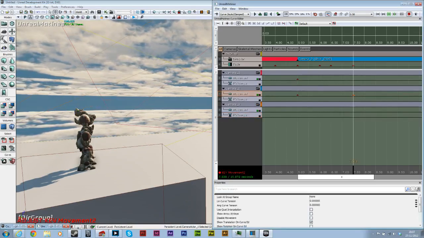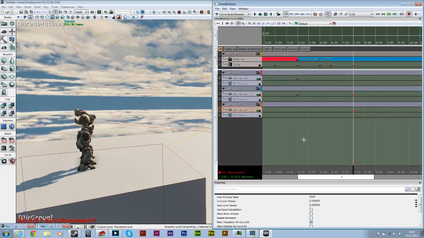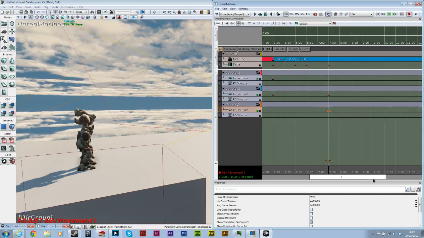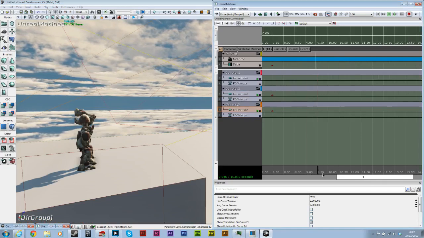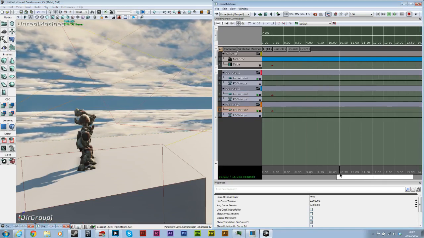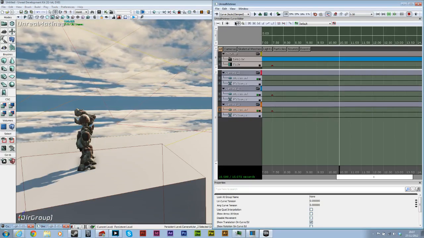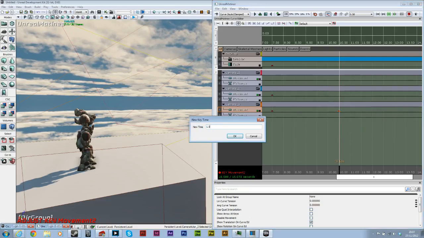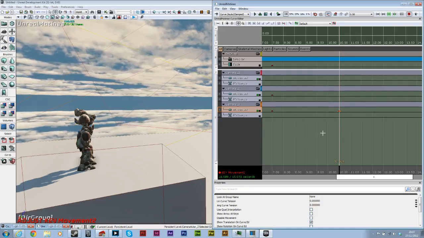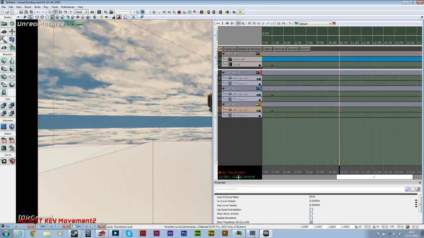Going to go to you. Then I'm going to drag it to about 10.5 seconds. New keyframe. There we go. Set time 10.5. And literally, what I'm going to do